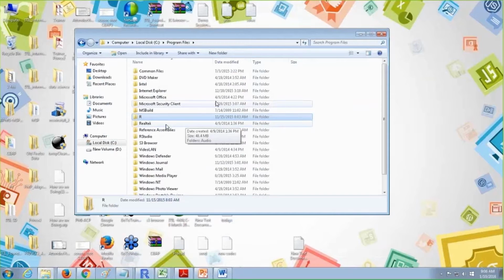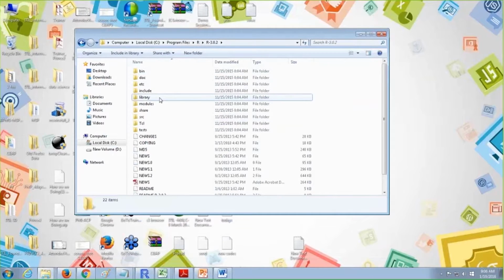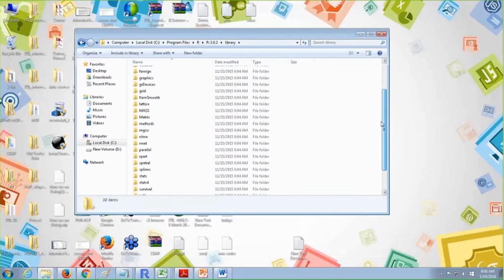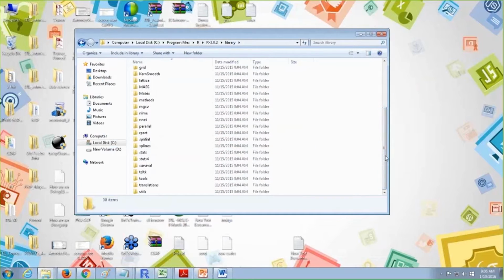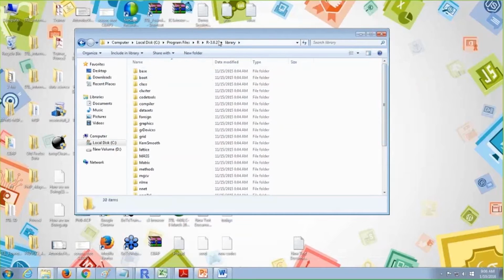Here, if you're looking at Program Files, I have a library section called R. Here I have the 3.0.2 version, and if I get into the library, I can see all the libraries that are available. In this particular case, if your command doesn't work, what you could do is download the package externally and put it in this folder. Sometimes this works, and if there is a compatibility issue, you can just try this option. You can just copy it and put it here.